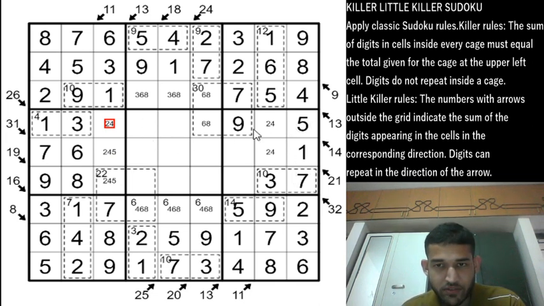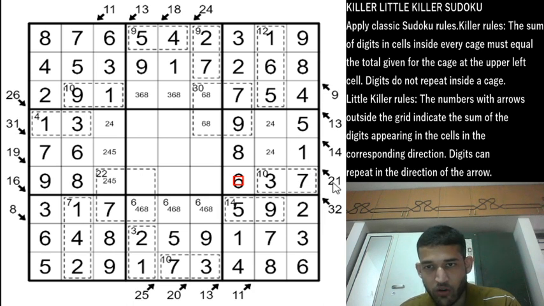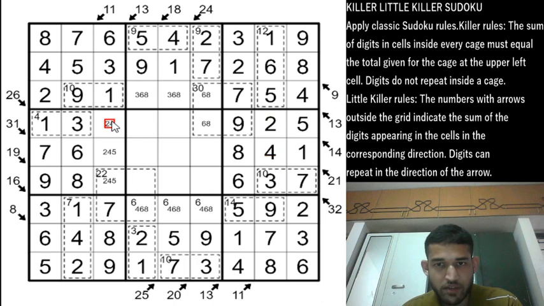And box 6, we can pencil mark the remaining digits. Okay, we can place a digit actually. In row 6 we have an 8, so this will be an 8 and this will be a 6. And now this 21 clue has 4 cells filled already, which add up to 4 plus 7 plus 7 plus 1, which is 19. So this has to be a 2 to satisfy the clue, and this will be a 4 now, and this will make it a 4 using classic rules.